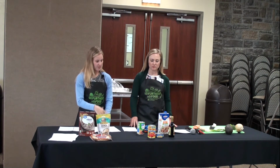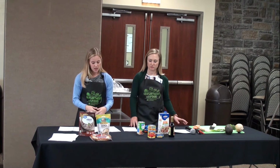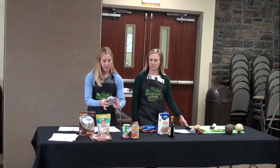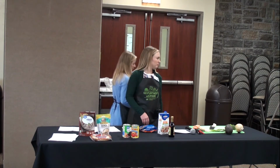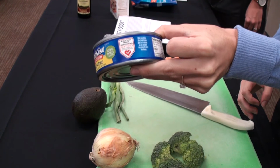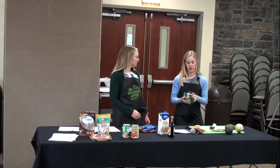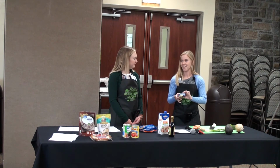Then we also have, that we didn't have up here on our table today because produce, but cheese and milk is another good one to have on hand as we're always adding those in the recipes. Our canned foods we covered pretty good. Up here we do have canned tuna. This is a canned tuna that's packed in water. This is considered heart healthy. It's got that heart healthy stamp on there. So if any of you are eating for heart health, it's a pretty poor quality image, but they do have that certification right there, which helps you identify those foods that are lower in sodium, contain those healthy fats, and even fiber when it's appropriate. Obviously, our protein doesn't have fiber, but